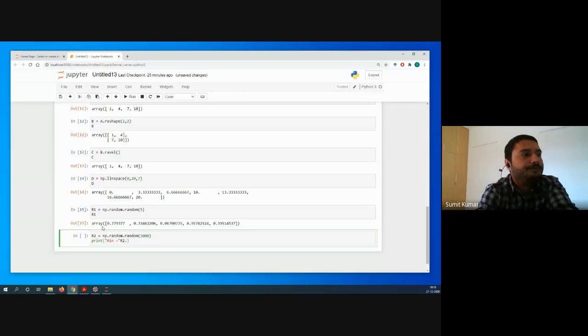Minimum equal to R2 dot, now there is a function known as mean. That can help us,